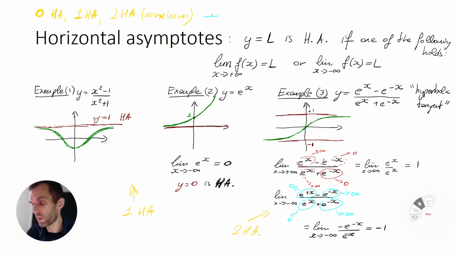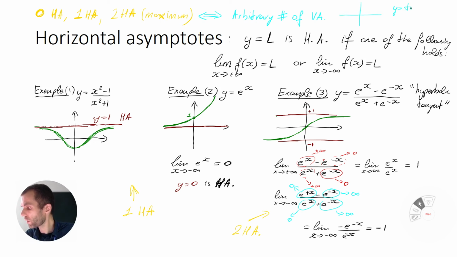If you contrast that, you can have an arbitrary number of vertical asymptotes. In particular, you can have an infinite number of vertical asymptotes, and we saw that, for instance, when we looked at the tan function. Then the function looked like this, and all of these lines are vertical